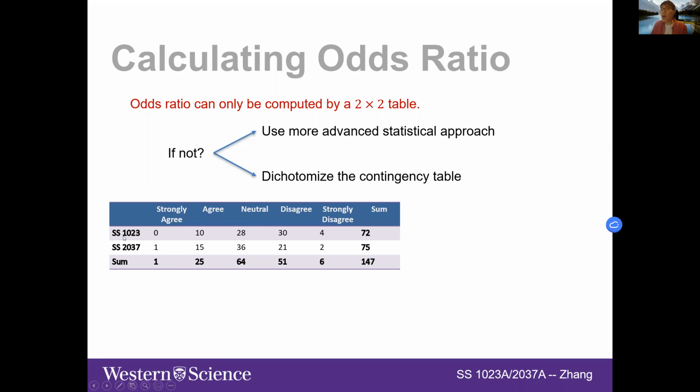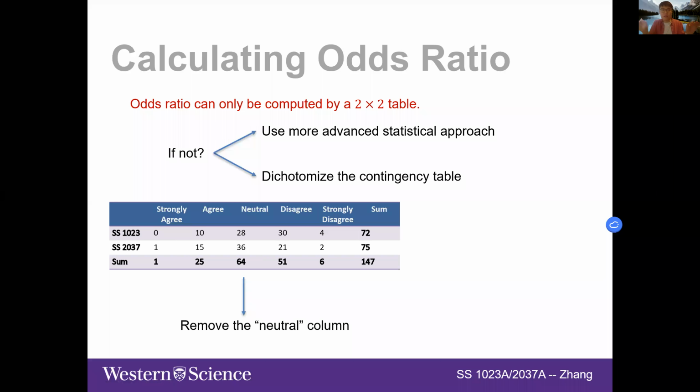For this variable, it's okay because we only have 2 categories, either 1023 or 2037. But the problem is this one. We have 5 different categories, right? So we are going to try to dichotomize it. First of all, the neutral level is not linked to either side, right? So in that case, we can simply remove it